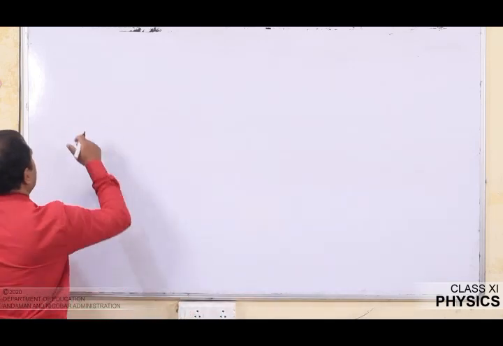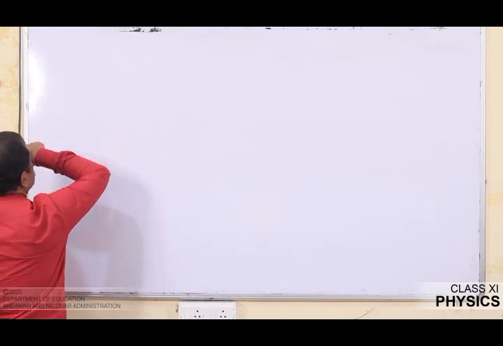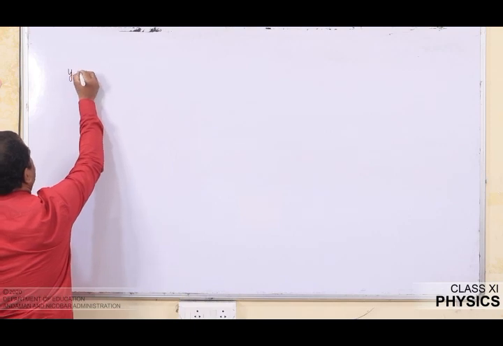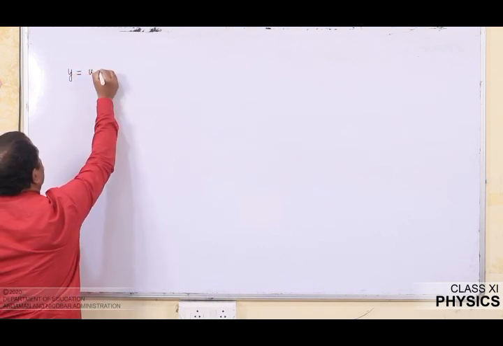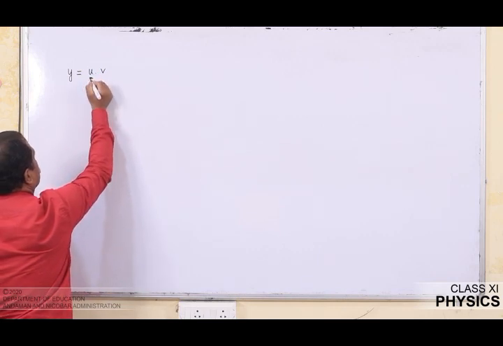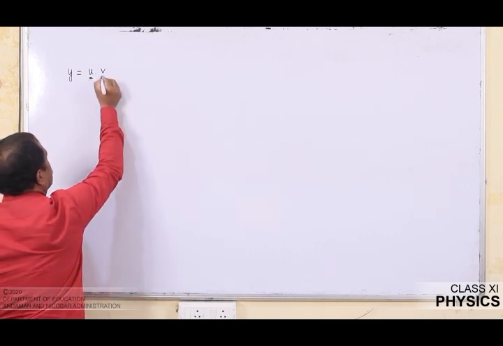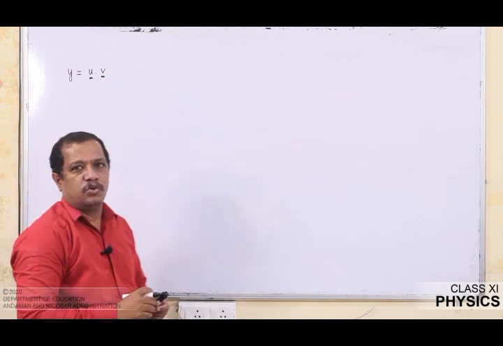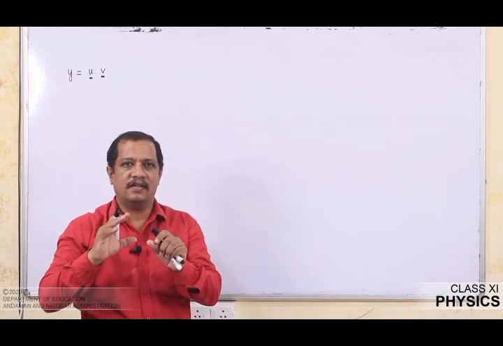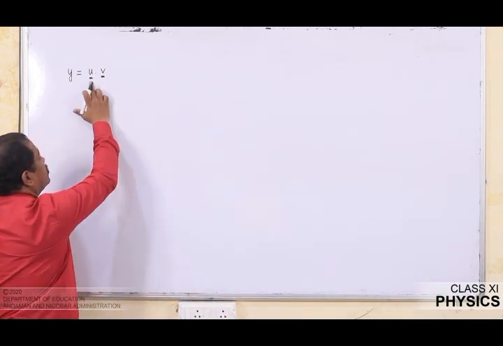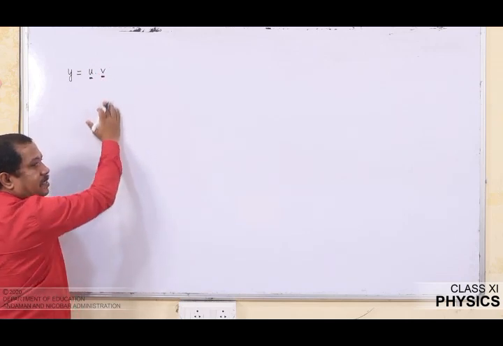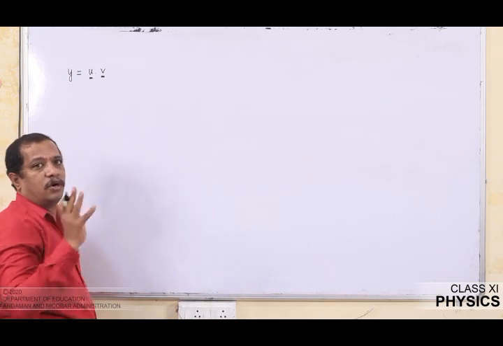Already we have seen, if I have say 2 functions, and say this time y is equal to u times v, one function is u, another function is v. This function is a function of x and this is another function which is a function of x. Both the functions are functions of x, in the sense this changes its value as the value of x changes. Similarly, this also changes its value as x changes. So, I have a product of 2 functions.